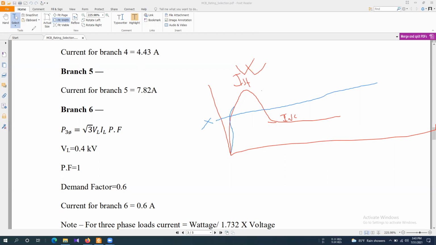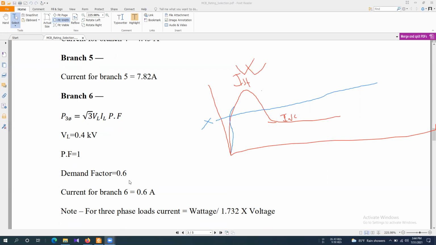So in our example, no information on the starting current was given here, so we have not considered it in the load current. If the starting current had been given, for example, that the starting current of this motor is 2 times the nominal current, then we would simply multiply 2 with this one to get the starting current. And we would look at the starting current for the selection of the MCB and MCCB rating. Understood?